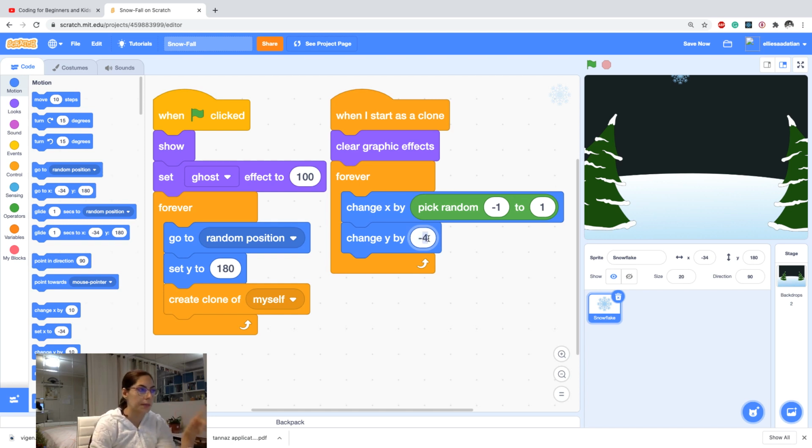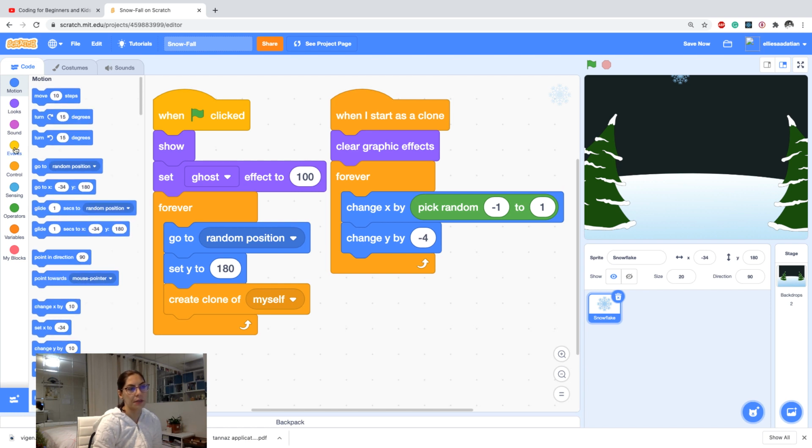If I exclude the minus, the bigger this number is, the faster the snow comes down. So if it's -10, the snow is coming really fast, but if it's -2, it's coming really slow. So change y by -4,